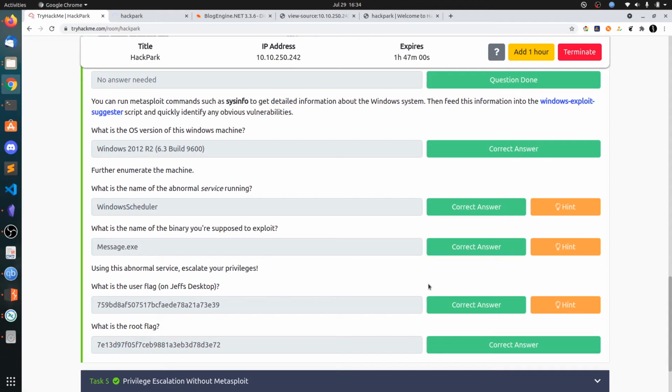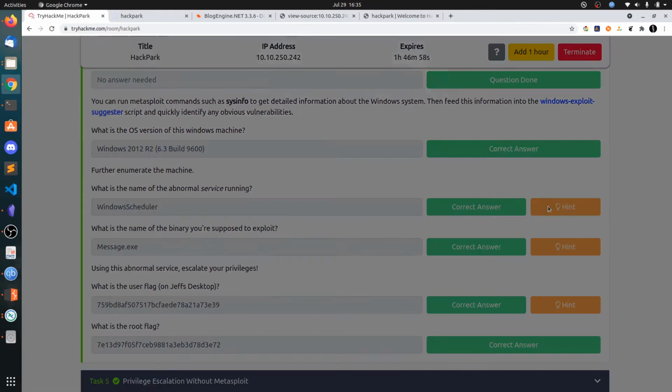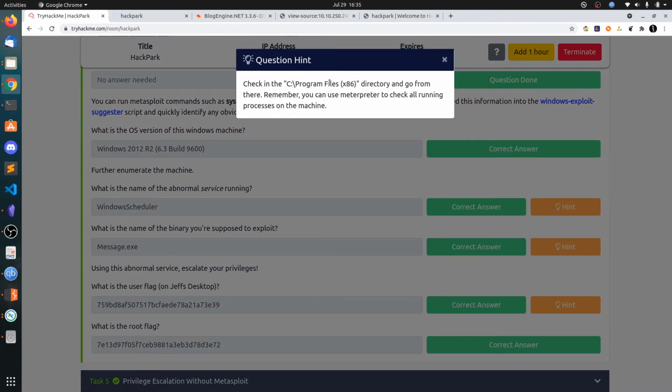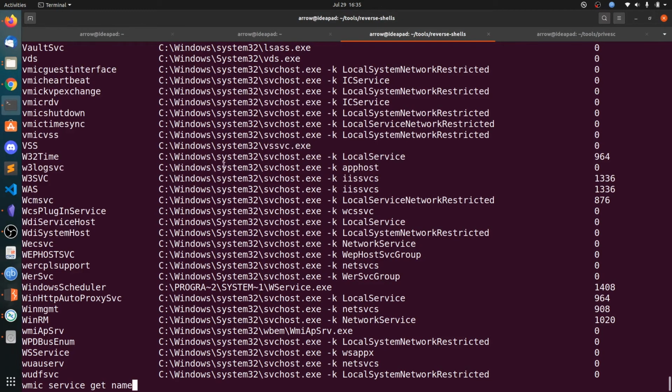So here what they have given is the hint as you need to go to the program files x86. So that means you don't need to search for in the Windows System 32. Find str and grep for not system, ignore case and system 32.